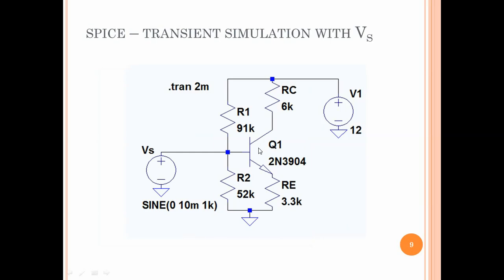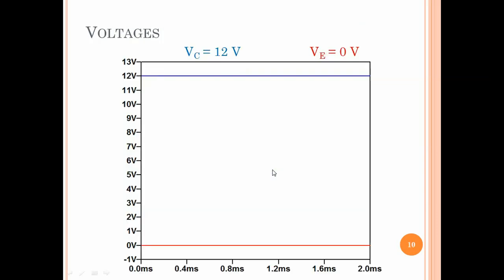So then I connected the AC source. I put a sinusoid of 10 millivolt amplitude and a reasonable frequency, 1 kilohertz. I connected it, and because this is a time varying signal, I did a transient simulation. 1 kilohertz means a time period of 1 millisecond. So I did it for 2 milliseconds. And then I simulated and I looked at the results. I looked at the collector voltage and the emitter voltage. And